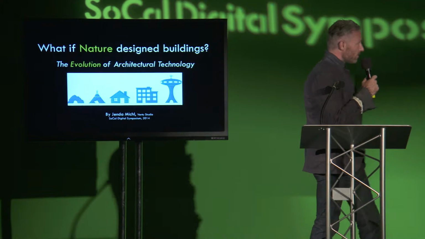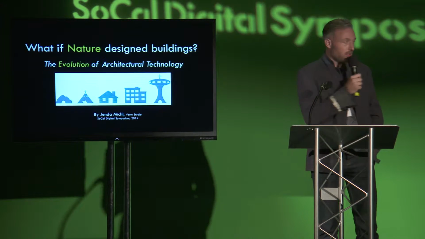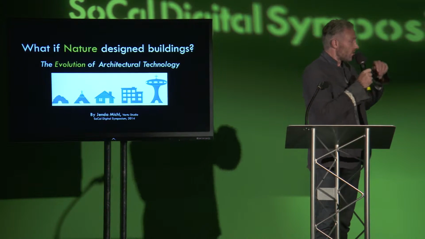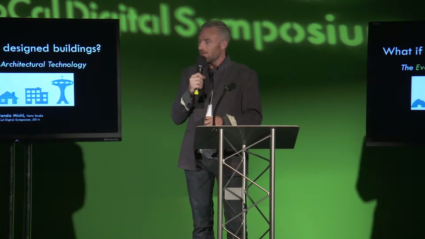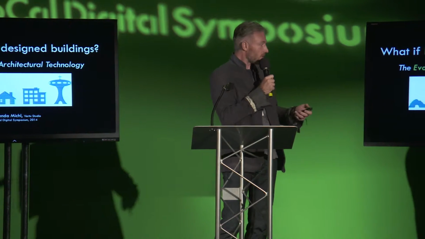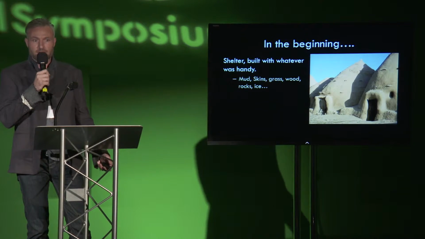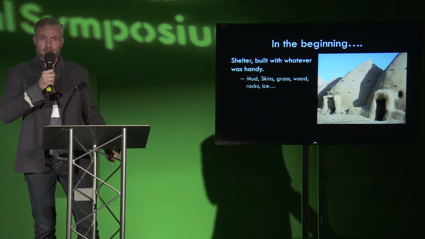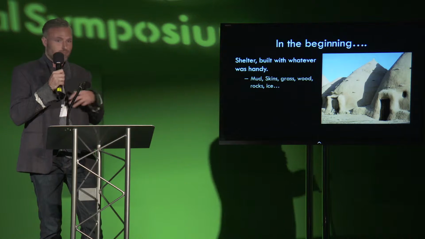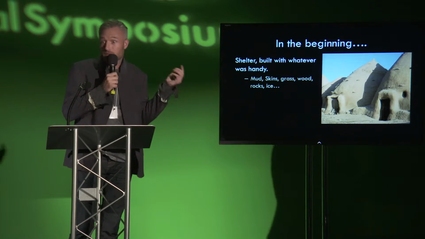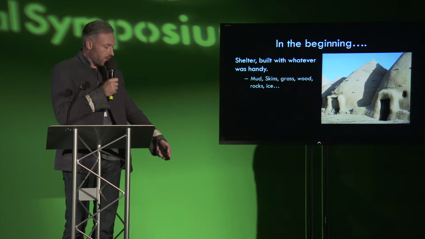So, I realized that I titled this The Evolution of Architectural Technology, so I should probably do some homage to evolution here. So I will start with a very rough and quick example of how architecture and its technology has evolved. Originally we were building things out of what was nearby. We're talking thousands of years ago. Whether it's mud huts, tents, cabins, wood, whatever was available, igloos. And that went on for quite a while. Then eventually we got to